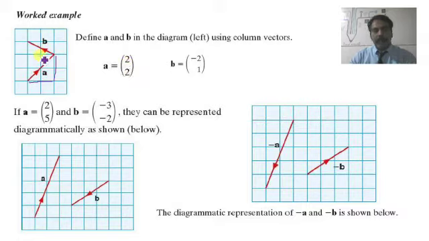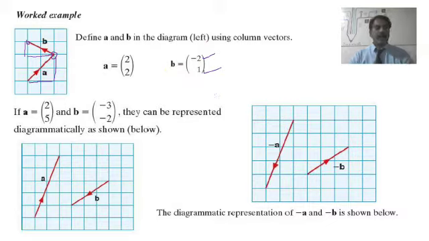Then vector B is moving in the upward direction towards left hand side. So this is the starting position of vector B and this is the end position of vector B. First we have to move 2 units in the left hand direction and then 1 unit in the upward direction. As it is going to the left, the value of x coordinate will be negative. So it is going 2 steps, so it is -2. It is going 1 step in the upward direction, it is 1. So we can say the vector B can be defined as -2 and 1.